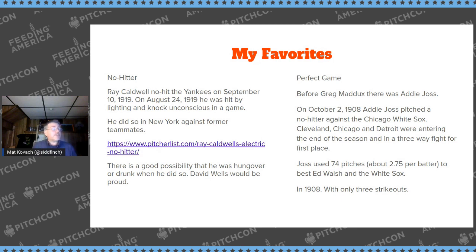But Tris Speaker for the Indians signed him after he flamed out with the Yankees, and said, "Here's your plan to pitch for the Indians, and if you agree to this, we're going to write it in a contract. You pitch, go get as drunk as you want, sleep it off the next day."